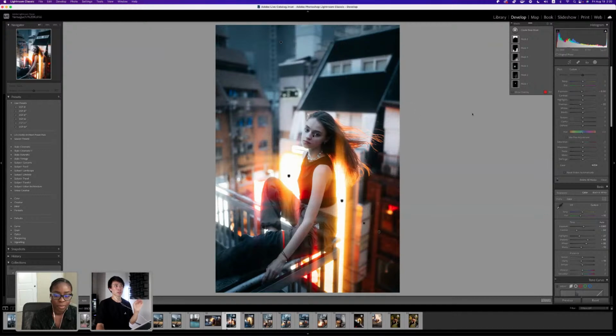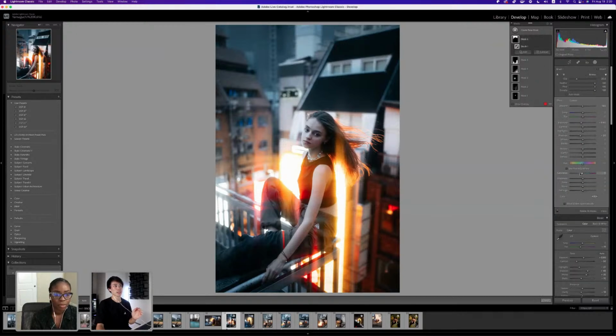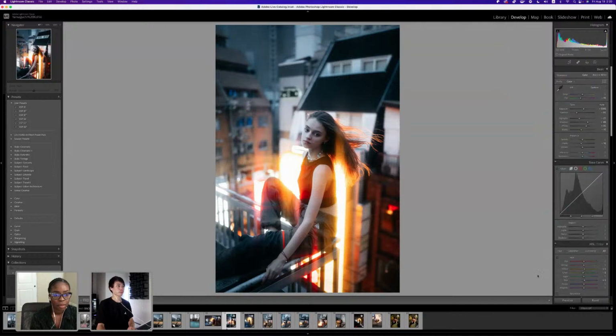And if you don't like it, you can also edit within that mask and just tweak the saturation like that. That's dramatic, but as you can see, it's less blue. Or if you want to bring the blues up, you can do that. That's the quickest way. But I think I like that, so we'll leave it at that. So far we went from here to here. I would probably get rid of this and everything, but